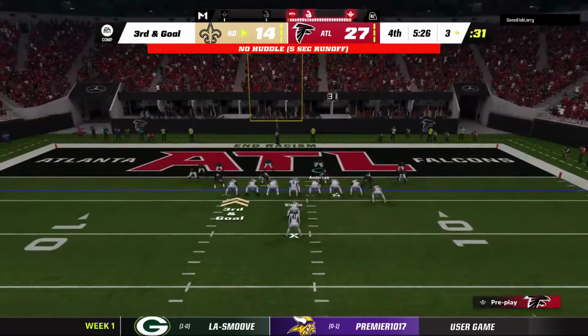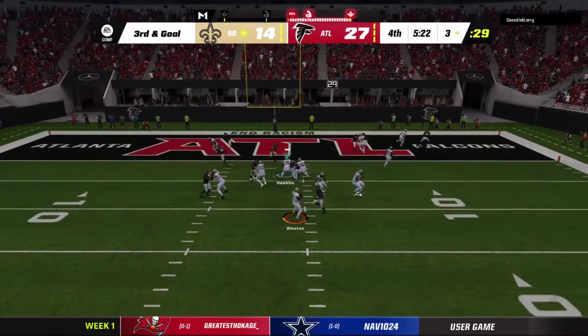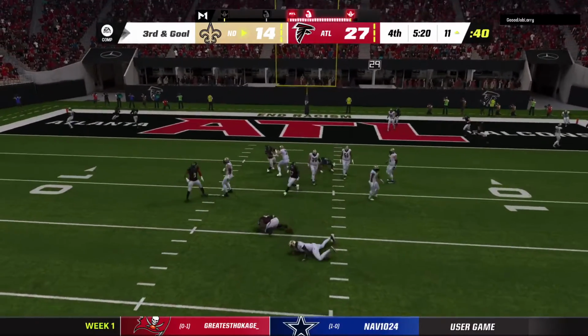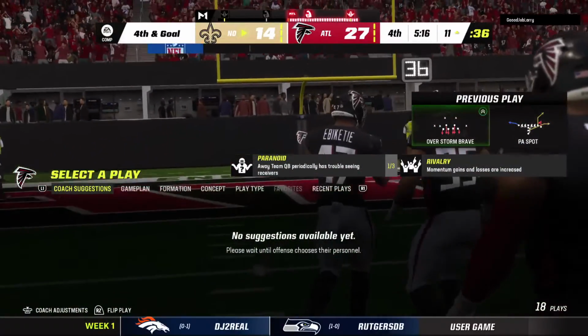3rd and goal. Keep in mind, very possibly 4-down territory. They go play action. Winston. And he is going to go down. Back at the 11-yard line. Arnold